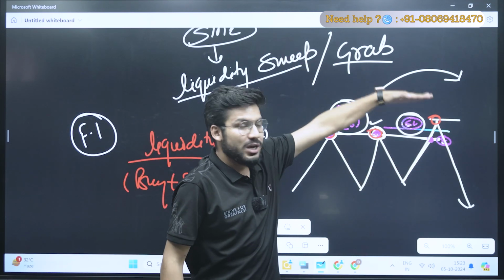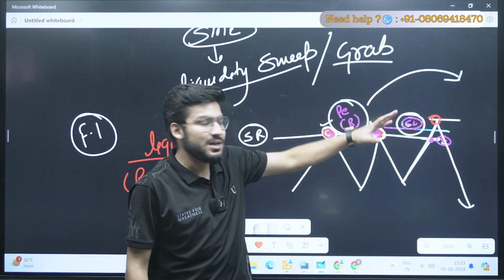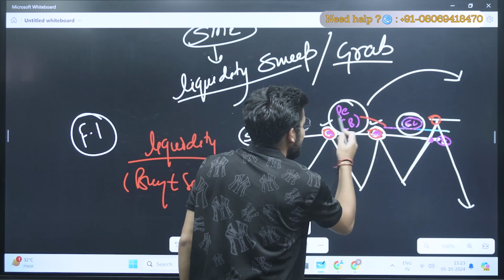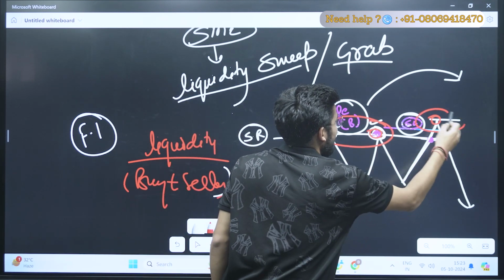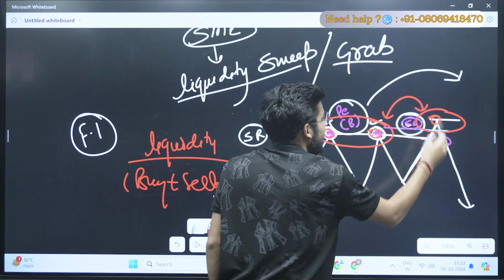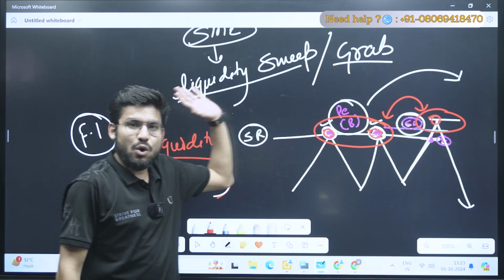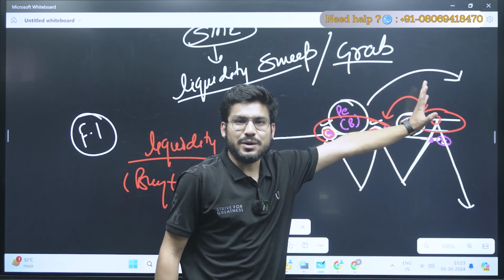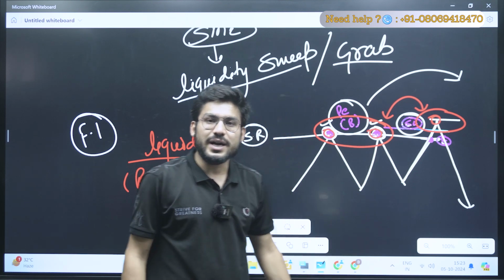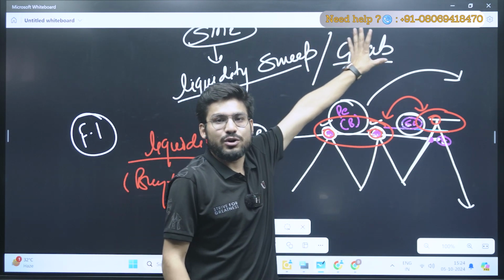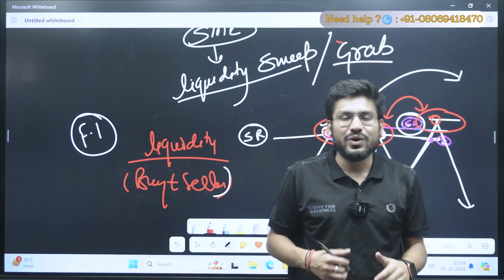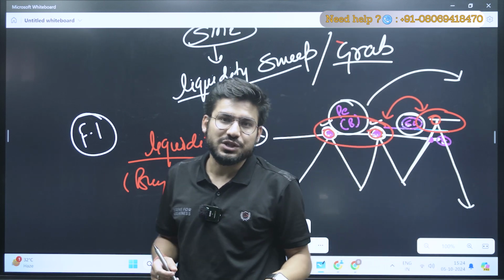So this is how the smart money plays, okay? This is the liquidity. You can see this is what we call the liquidity sweep or liquidity grab, right? When the smart money removes all the liquidity, all the players who are buying and selling at a particular point, right? And this is what we have to take care of, and this is what we will trade, how we can trade this, right? So this is the concept of today's session, okay?